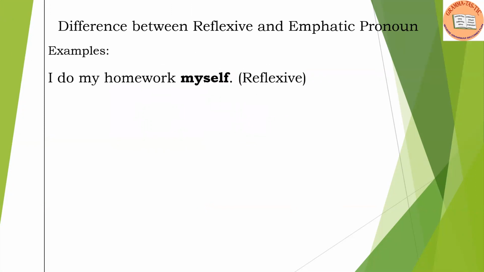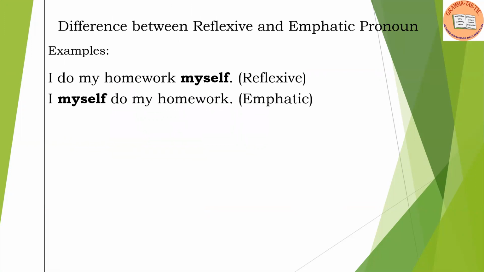I do my homework myself. Here, myself is used as reflexive pronoun because here myself is referring to the subject, I. But if the sentence is, I myself do my homework, then here myself is emphasizing the subject, and that is why it is called emphatic pronoun. The next example,